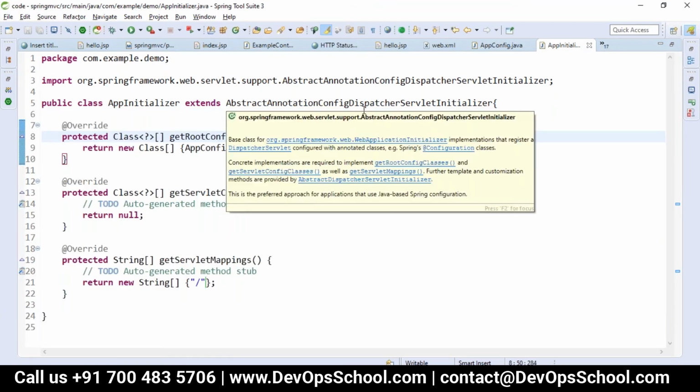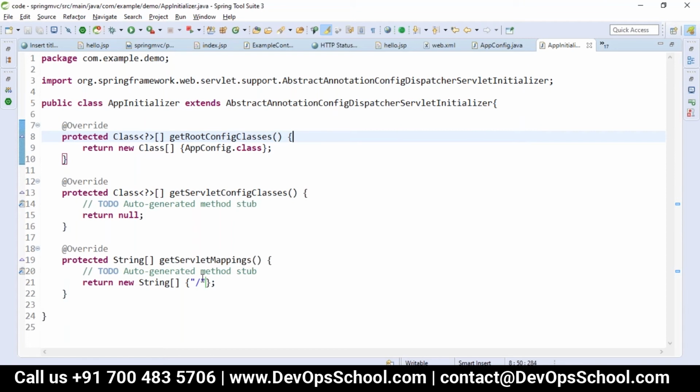So by default it will allow anything, no? Because whatever request we get, everything is allowed by the dispatcher servlet. Yes, it will accept anything. But if you want to allow only the requests starting with slash API, you write slash API, then it will allow only that. That you can configure in Spring Boot as well. That is how you write your controller mapping, there you can mention it. Okay, in the REST controller itself. Yes.